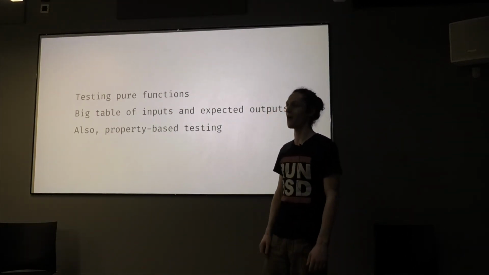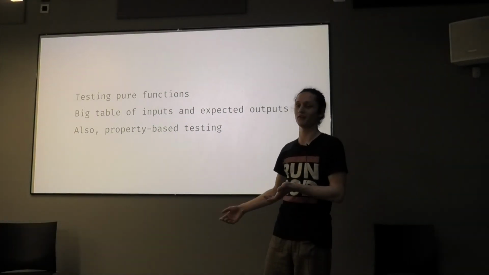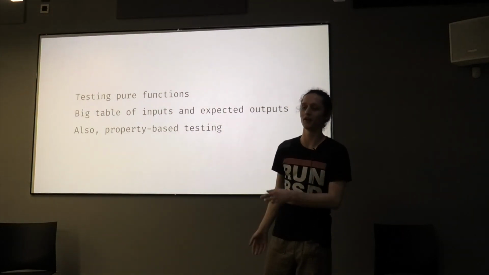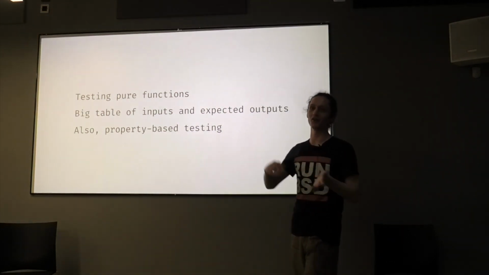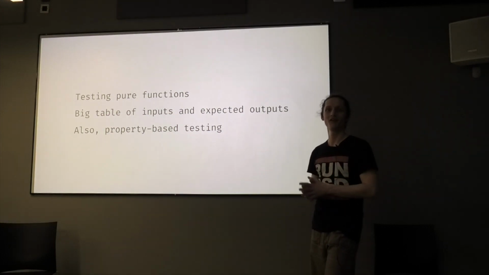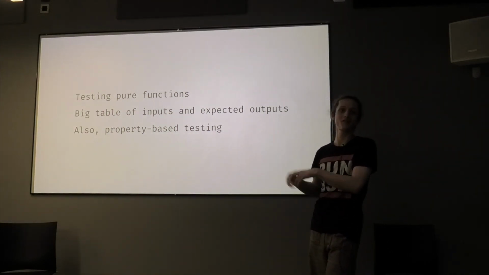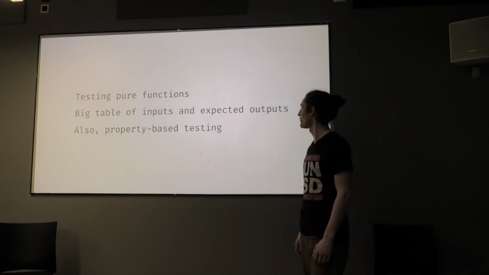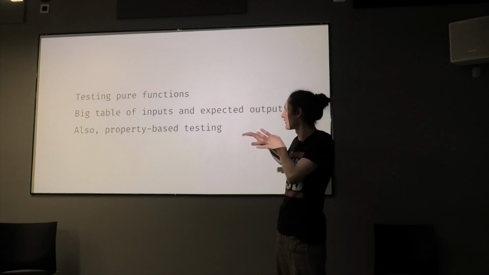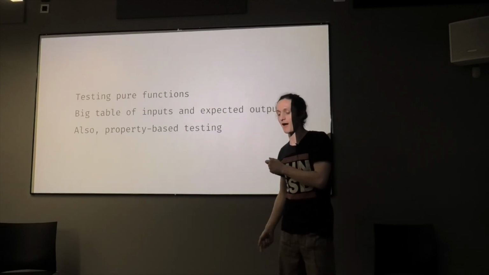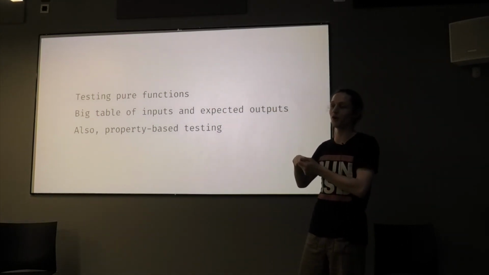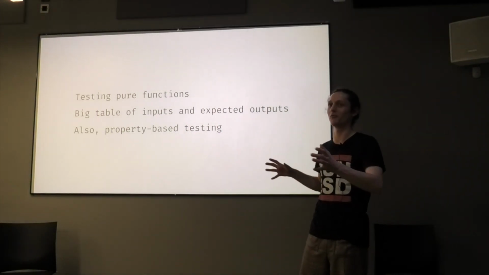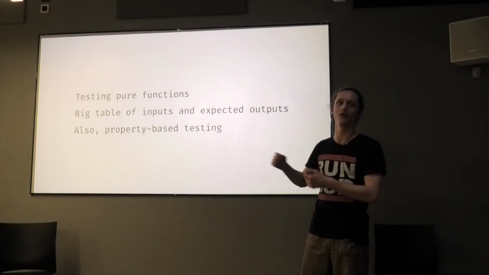You can also do a thing called property-based testing, which I don't know if anyone's heard of, where you define in an abstract way, say, when I pass in an integer that divides by 2, it returns 7 or something, whatever. But you're defining properties of the system, and then the property testing framework generates a bunch of random data that fulfills those requirements, feeds it through, and makes sure that the requirement is met.